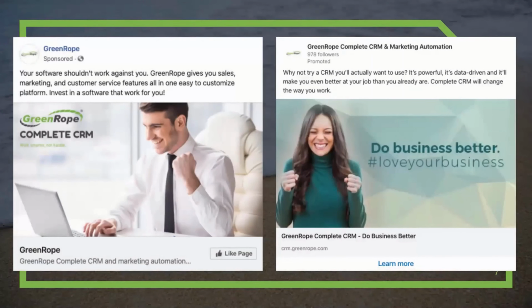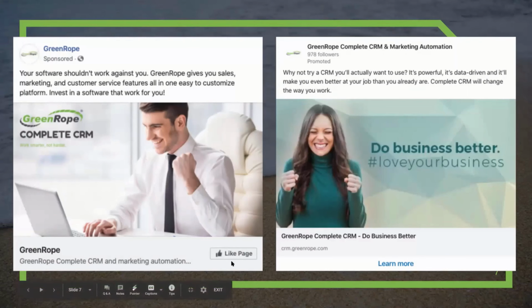So here are two examples of ads that we've done in the past. The one on the left is a Facebook advertisement. This is just an awareness campaign. It's to get people to like our page. We found the biggest benefit for us on Facebook is clout and showing social importance, social leadership. And so we do monthly like campaigns or brand awareness campaigns to promote our page. This was one of our ads, and that like button is our call to action.